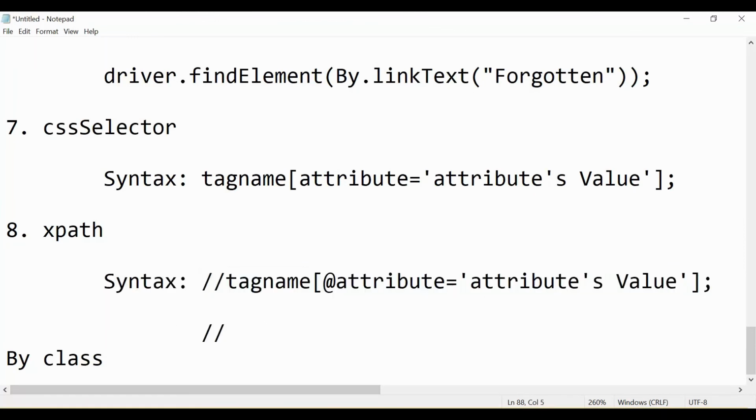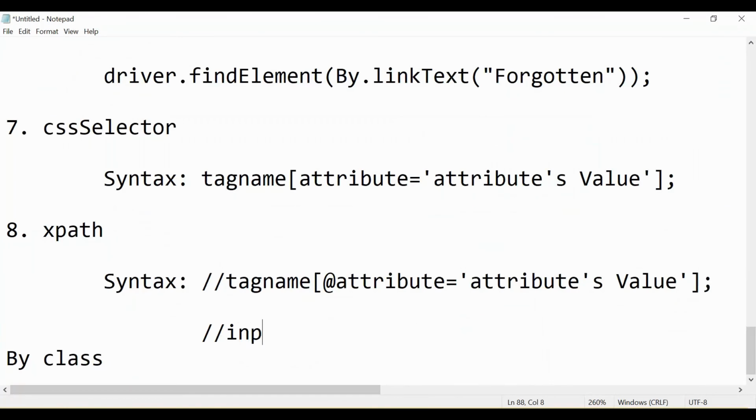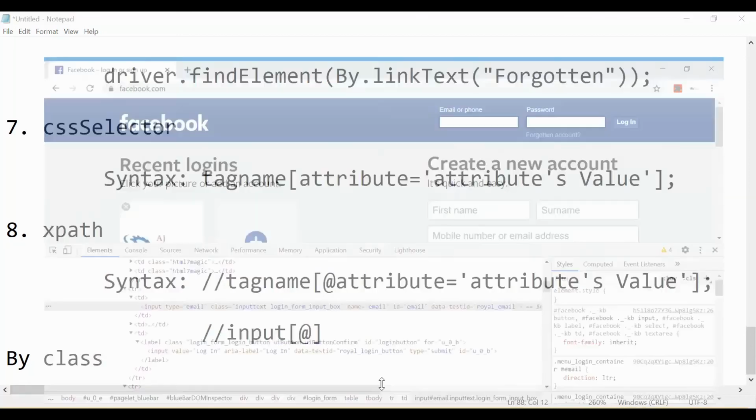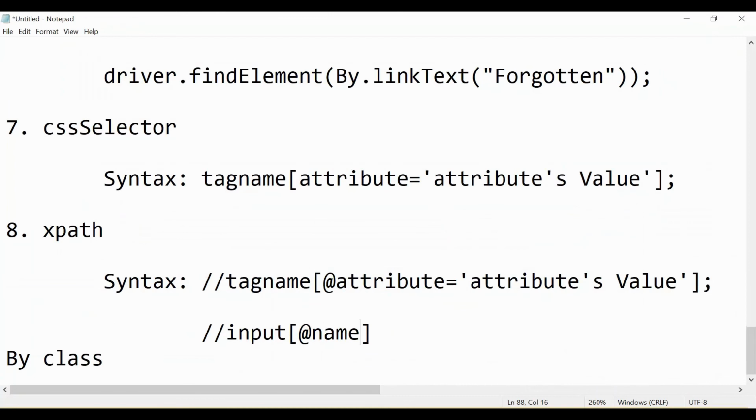What is the tag name here? This is the input, right? Input. Then square bracket, @, what attribute are you using? Name. Name equal to its value, email, right?